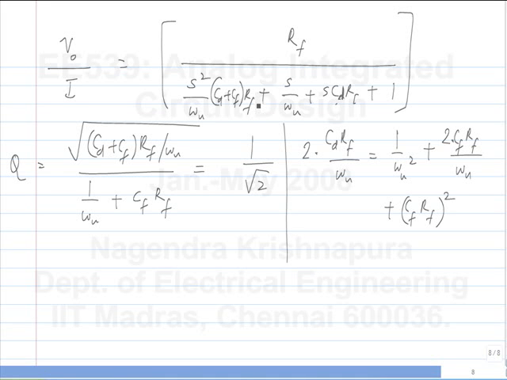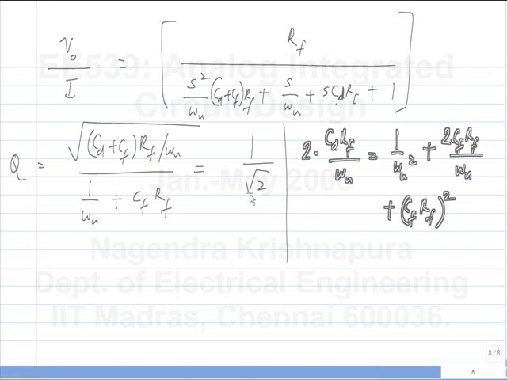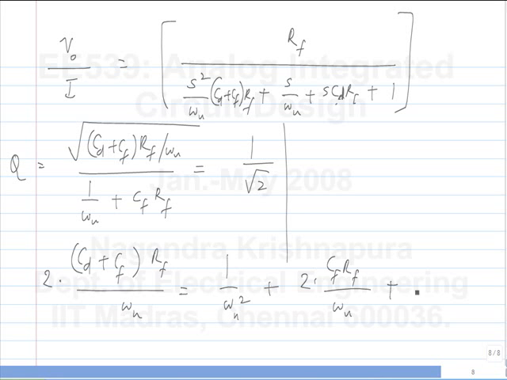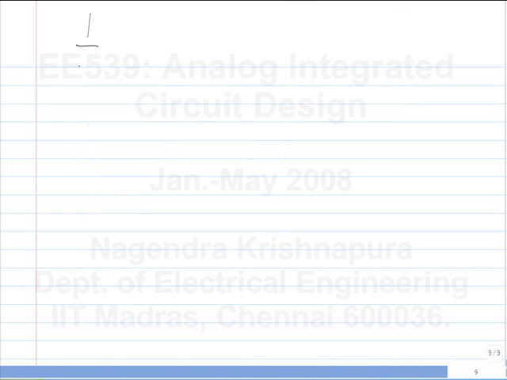Okay. So here we get this to be equal to 1 over omega u square plus 2 times CF RF by omega u plus CF RF squared. Okay. And this part cancels with this. Okay. So we can calculate quite easily what CFRF should be. CFRF is the reciprocal of the 0, right? So essentially the reciprocal of the 0 is